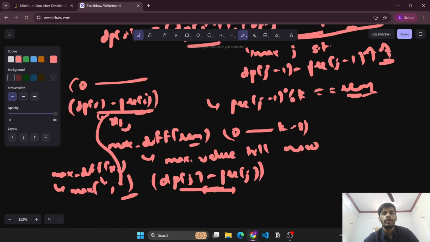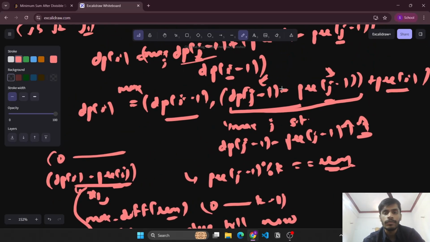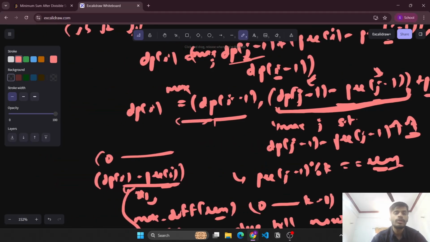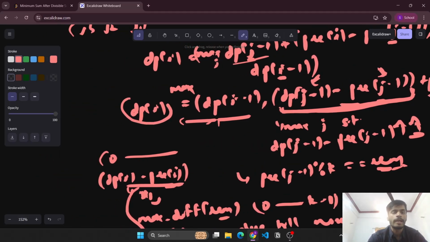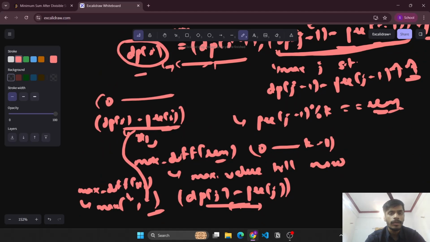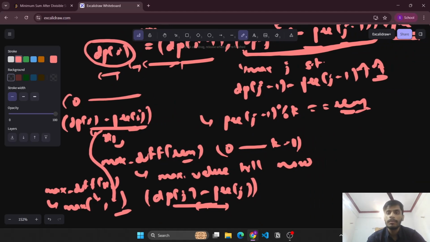Now once we know, for the current remainder that we have, the maximum value of this formula, we can simply add this maximum value to the prefix of i and take the maximum at each step, and hence we will know the maximum sum of deleted elements at each index i. So what are the two values that we need to calculate? The first value will be simply the dp. We change the prefix sum formula to this max diff formula,